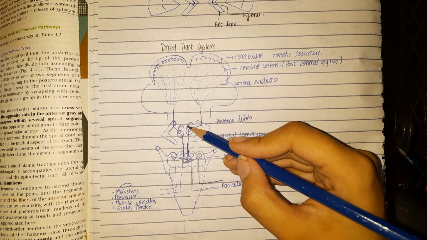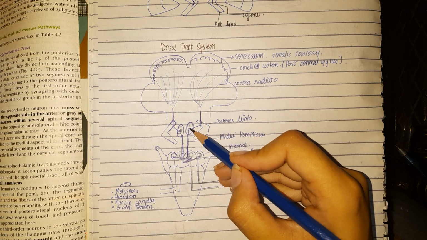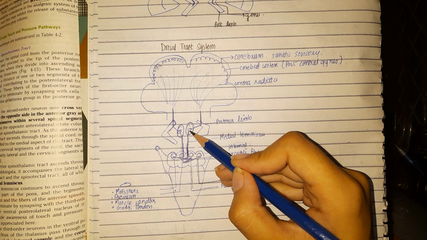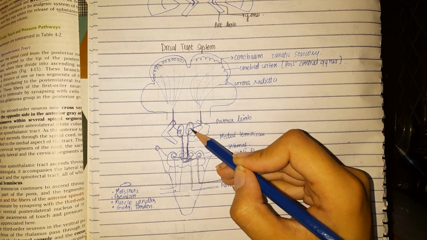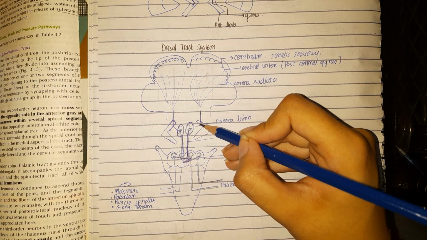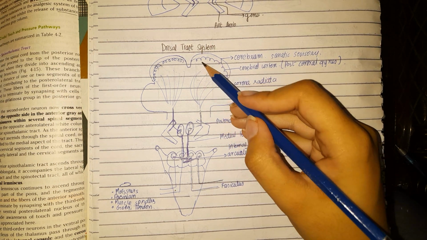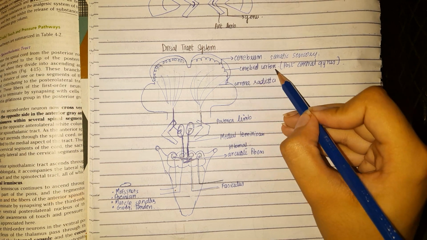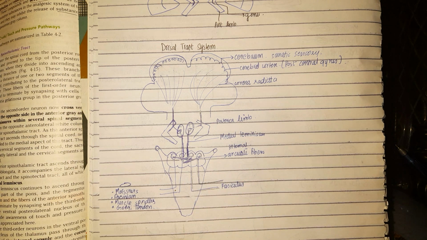Now when they reach the thalamus, they are going to attach to the ventral posterolateral nucleus, and from the ventral posterolateral nucleus, similar to the anterior and the lateral ones, they will go through the posterior limb of the internal capsule, and they will give their corona radiata, which will go into the cerebrum, into the cerebral cortex, the post-central gyrus, and they will conduct all the sensory information that is to be transmitted very rapidly. That is the posterior column.